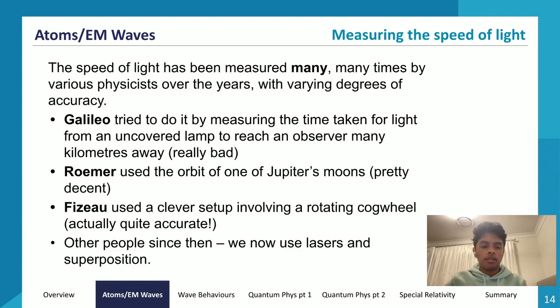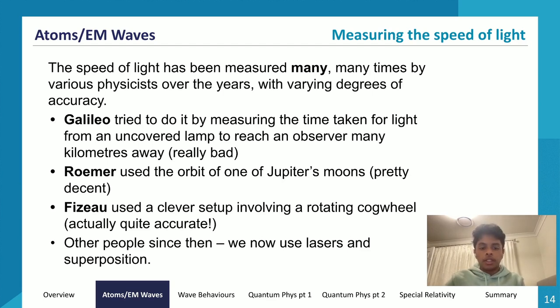He got a pretty decent value, and the limitation for this was he was held back by the current understanding of the accurate dimensions of the circumference of Earth and stuff. So the measurements conducted at that time weren't accurate enough for him to use his calculations properly. So that was the main limitation about Roemer.